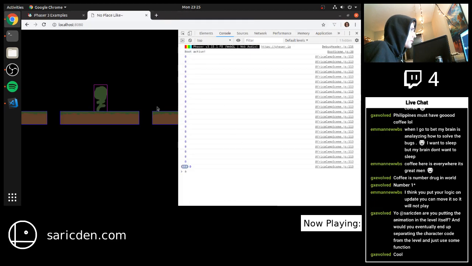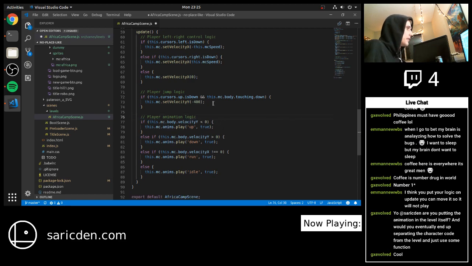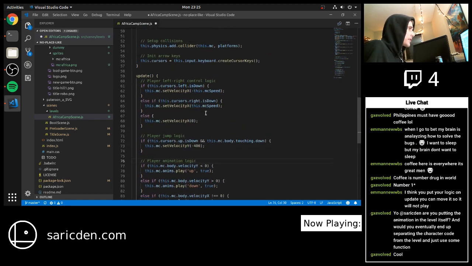Oh, you know what we can do? Why don't we just assign it to a variable and just make our lives way easier? We'll just go like this, and we'll say...